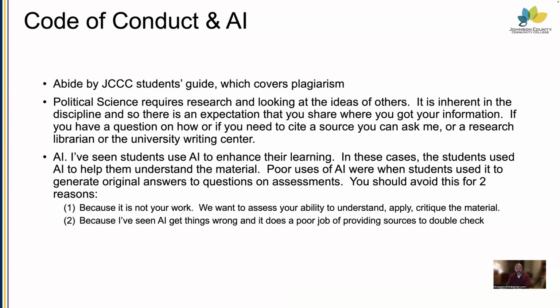If you have a question on what's right or what's wrong or how to go about it, you can reach out to me. You can reach out to a librarian or the University Writing Center. I mentioned this before, but again,